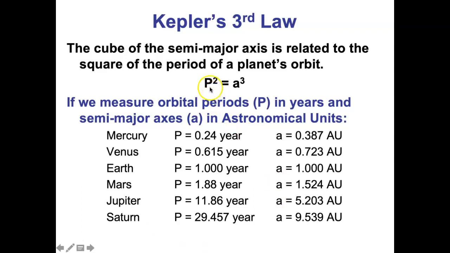Well, all you've got to do is watch Uranus orbit around the sun for a while, and you can figure out, okay, now I know what the period is. And if you know the period, you can solve for the distance. Now you know the distance from the sun to Uranus just by solving Kepler's third law. If you know the period, you can figure out the orbital distance. Or if you know the orbital distance, you can figure out how long the planet's going to take to orbit the star, the sun, in this case.